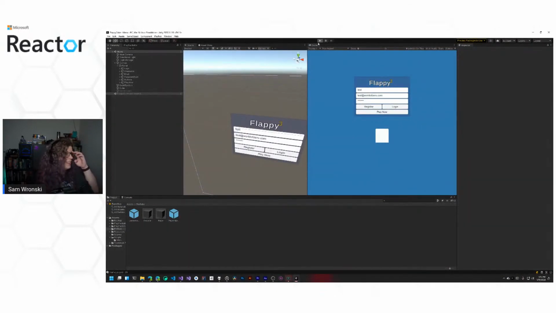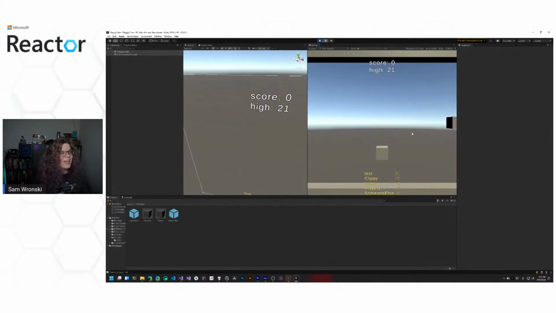If we just go in, I can kind of point at what's happening here. That's not what I want. There we go. Log in. And so the UI tests are happening down here. This yellow and white thing, I tried to make them different colors so I can actually refer to them without just pointing at my screen, because turns out that's not helpful. So those are our high scores.